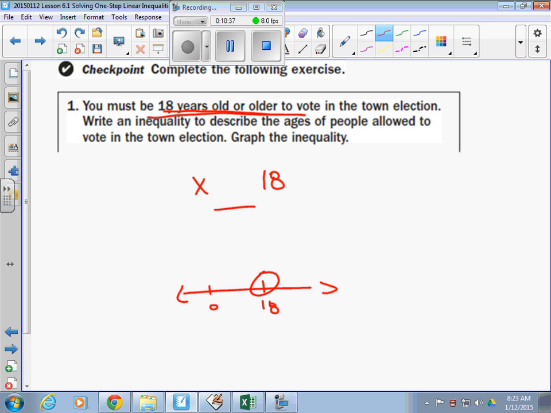We know that numbers get bigger as they go this way and smaller as they go this way. We've been looking at that for a long time. So we know when we shade it, we're going to shade everything going that direction. But it says you must be 18 or older. So in this case, we want to count the number 18. So we're going to color the bubble in. Okay. When we show a graph of that, we're going to show greater than, and just like the last one,